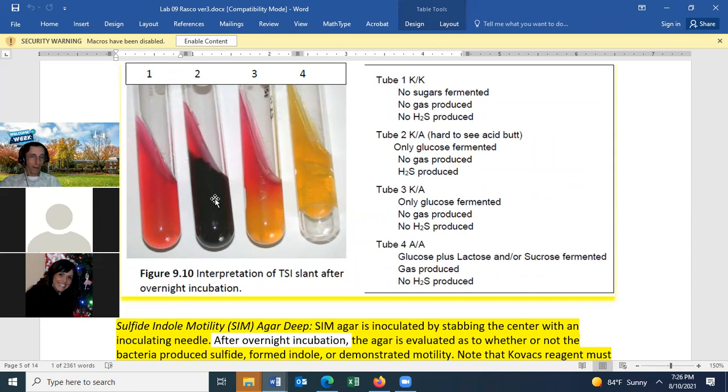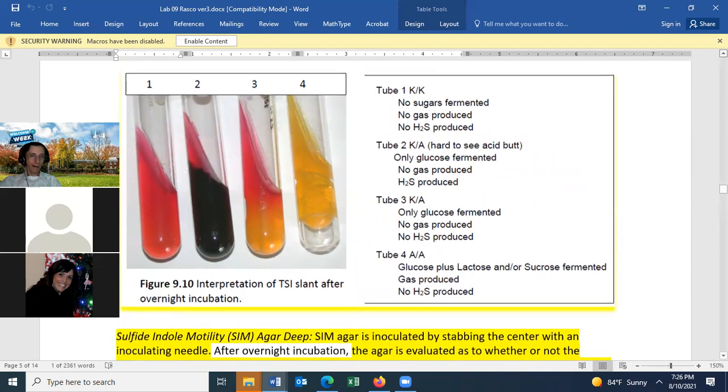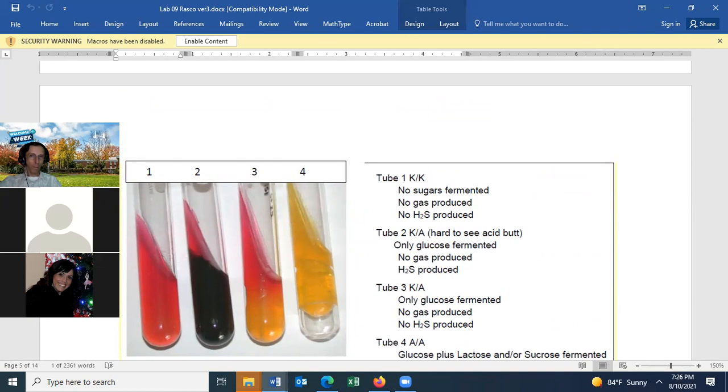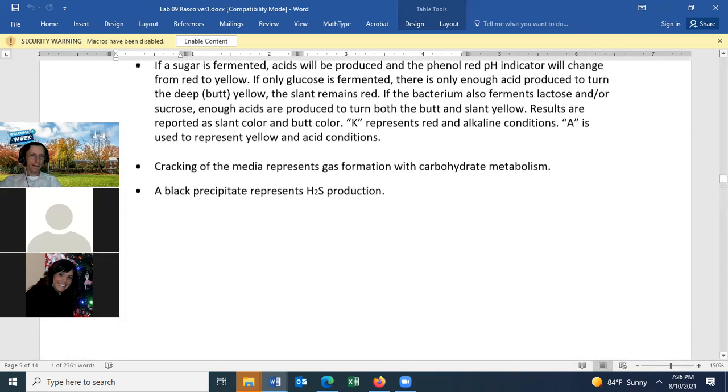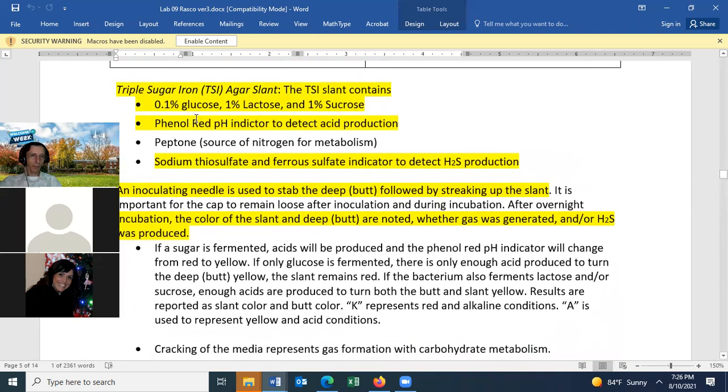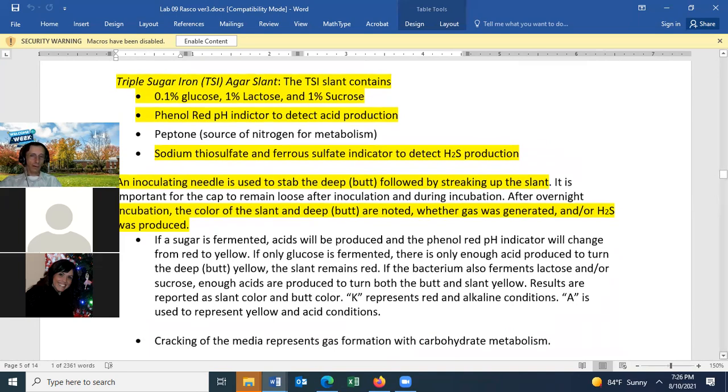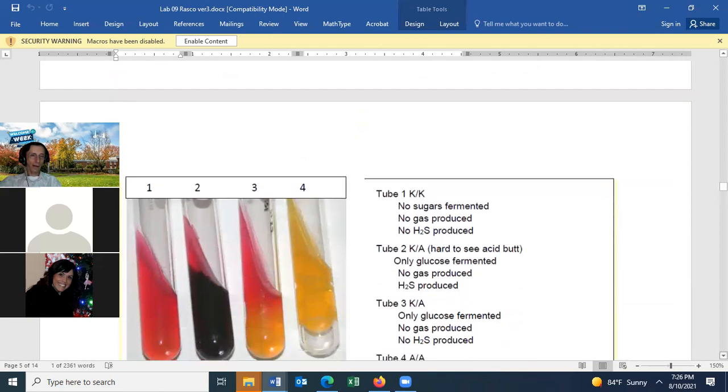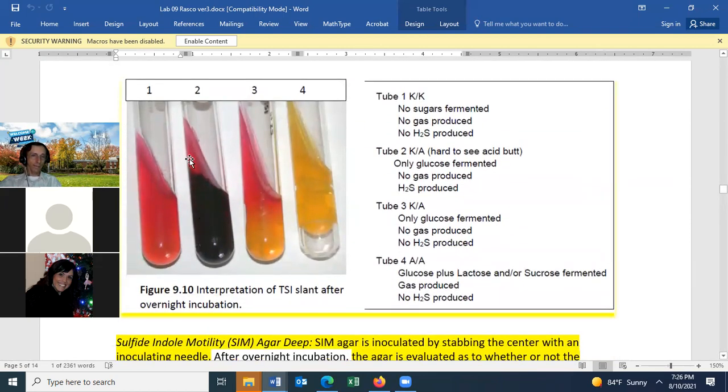On the slant, it's red, and the reason why it's red was because all of the glucose was fermented here, but glucose is at lower concentration than the other sugars. It's only 0.1% glucose, and the glucose will get used up. And then the bacteria will start using the proteins for metabolism, and that will raise the pH. But initially, if we had looked at this within the first day, the slant would be yellow earlier than 24 hours. But all of the glucose gets used up, and then the protein is used, and that produces ammonia, which is basic, and that will